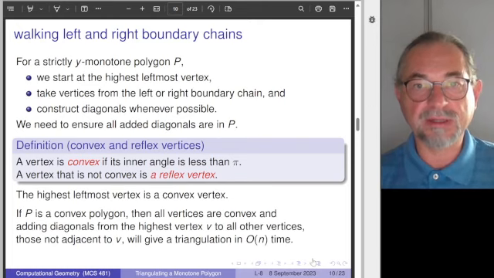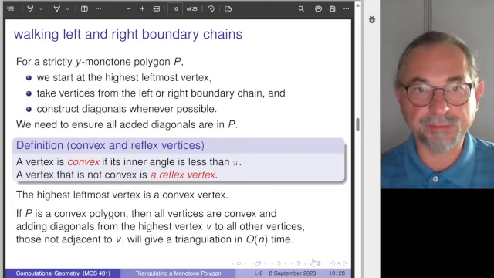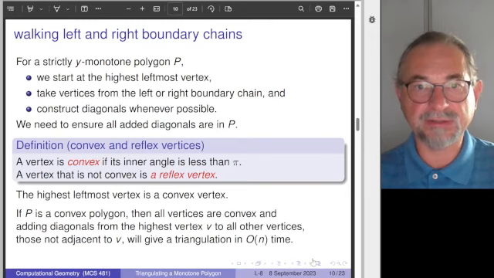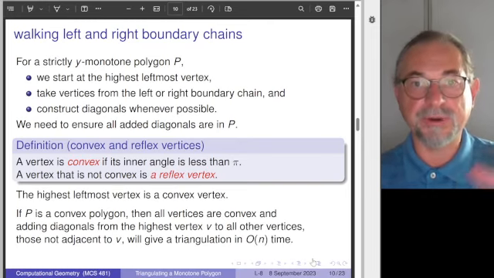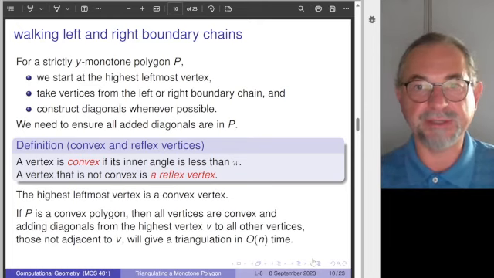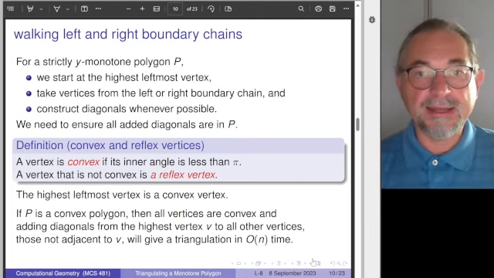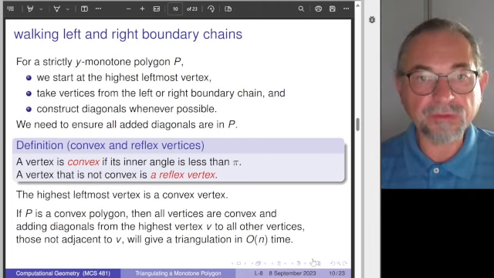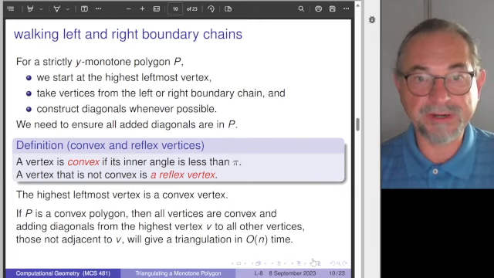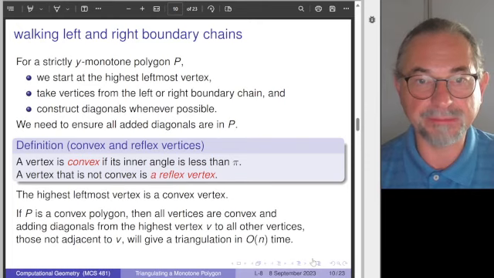So we can partition the vertices in the polygon into the left and the right boundary chain. And we will add diagonals. We have to ensure, of course, that everything lies properly in the polygon. And to determine this,